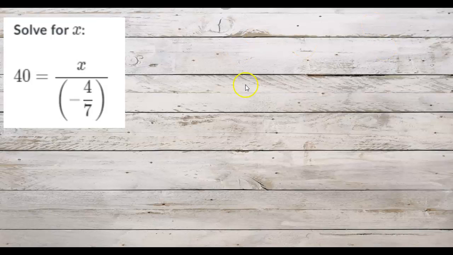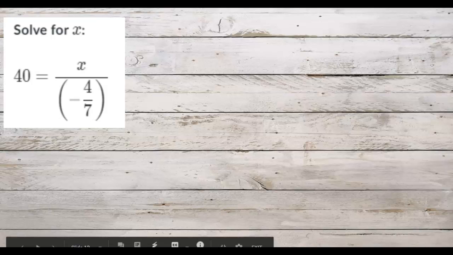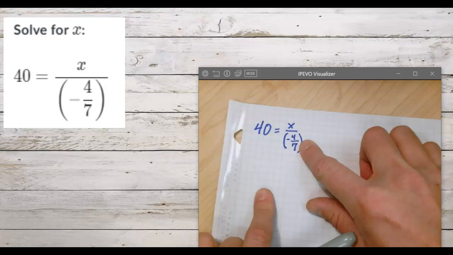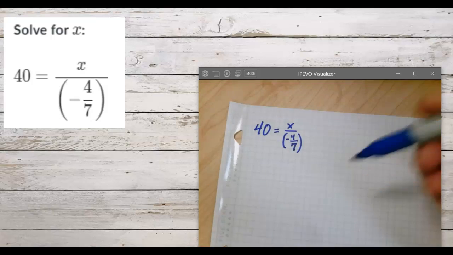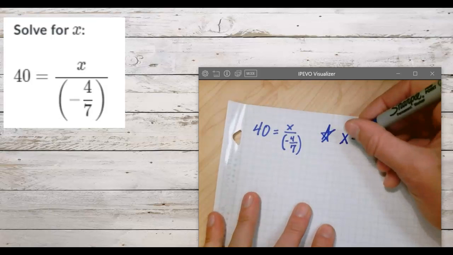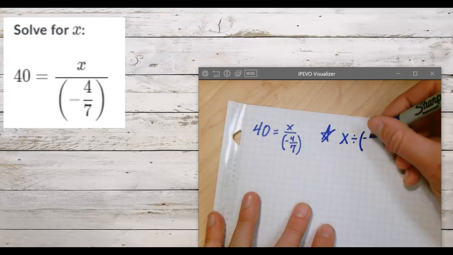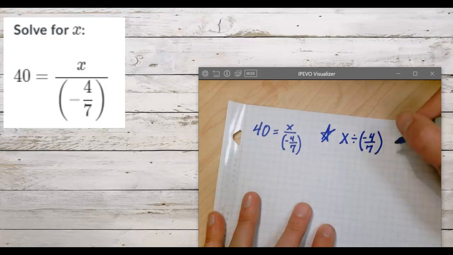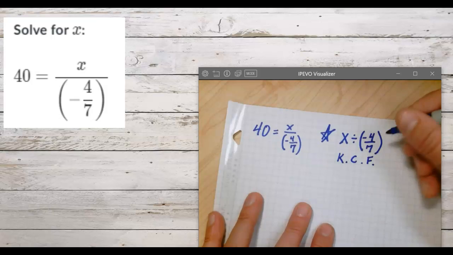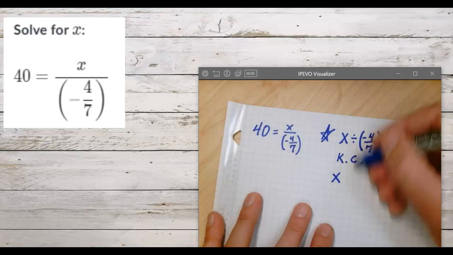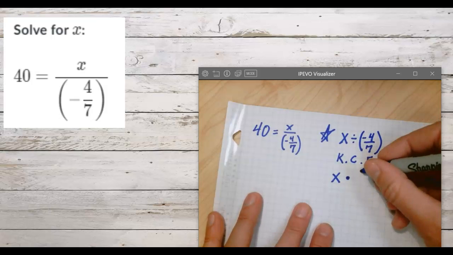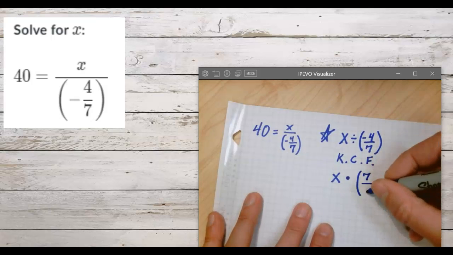Wait. We just said, with that complicated math rule sort of thing, that division by a fraction is the same as multiplication. So, wait, this is really x divided by negative 4/7, which we just looked at. Keep, change, flip. If we keep the x, change division to multiplication, flip the fraction,